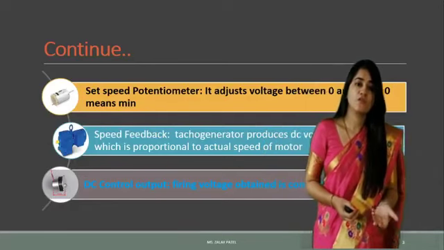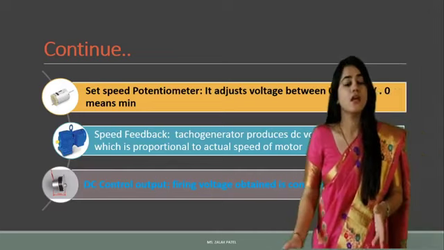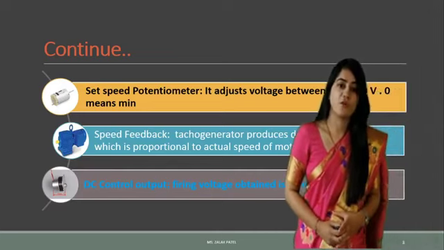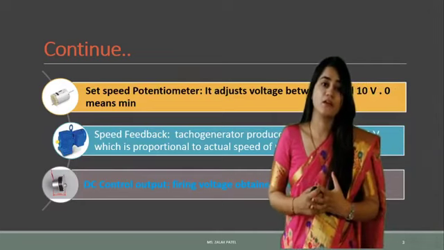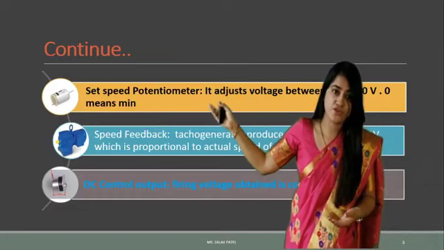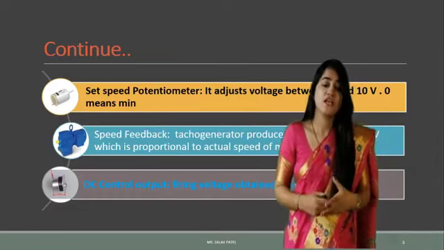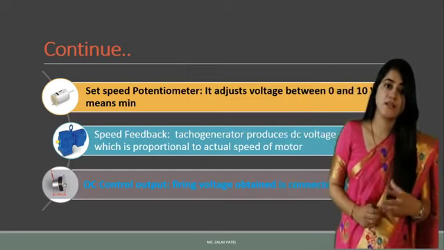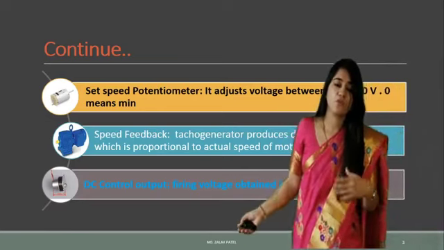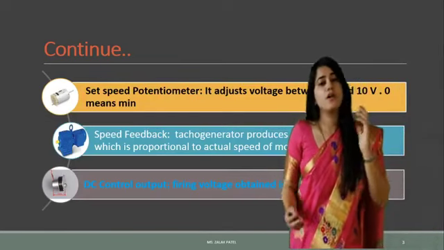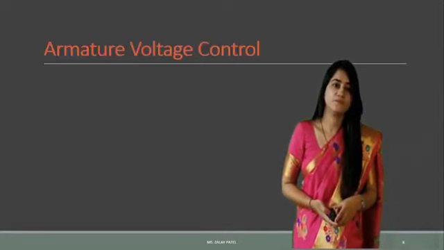Here the DC control output is again necessary. The DC control output is necessary to calculate the firing voltage obtained from the receiver side. So mainly for the DC motor you have to consider the set speed potentiometer for the minimum range of voltage and maximum range of voltage. Speed feedback is again necessary to get the proportional amount of voltage, and the DC control output for the delay angle, and according to that delay or firing voltage, the original voltage can be obtained.